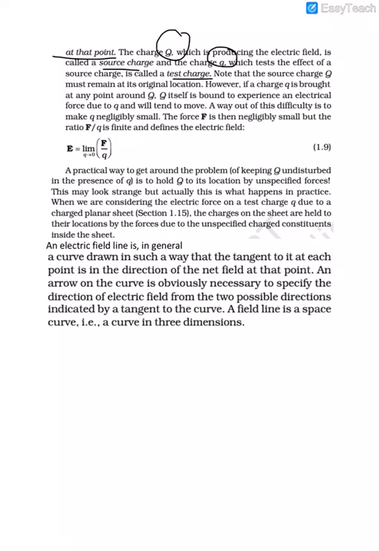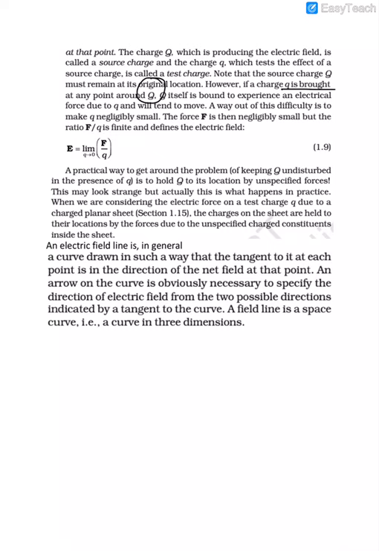Now remember, later in our computation we momentarily took small q to be a unit positive charge, 1 coulomb, but to be honest, that is mathematically correct, but physically there is a flaw. The flaw is that if you have a charge like 1 coulomb in the vicinity of capital Q, then there is a possibility that capital Q itself may get disturbed, because 1 coulomb is a significant amount of charge.